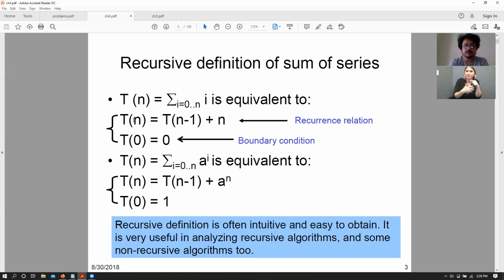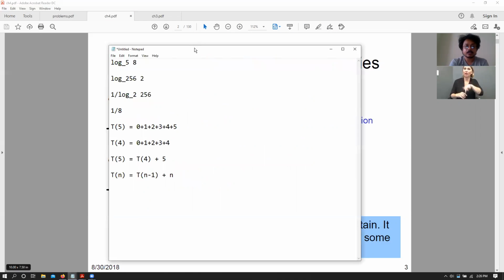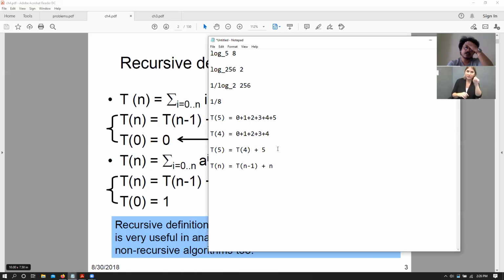So in this particular situation, we have T of n equals T of n minus 1 plus n, but that also means that we now need a base case. So in this particular situation, we can say that T of 5 equals T of 4 plus 5, but then we do need to find T of 4. That becomes T of 3 plus 4, and T of 3 then becomes T of 2 plus 3, and T of 2 becomes T of 1 plus, sorry, 2. Give me a moment. Yeah, I had made a mistake.